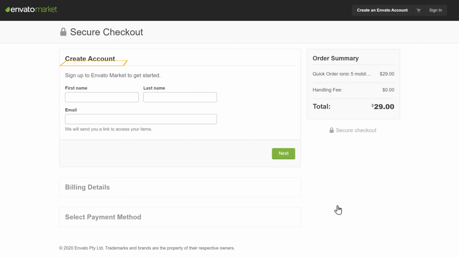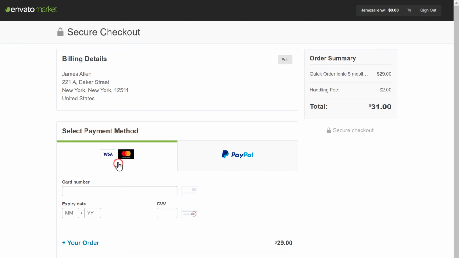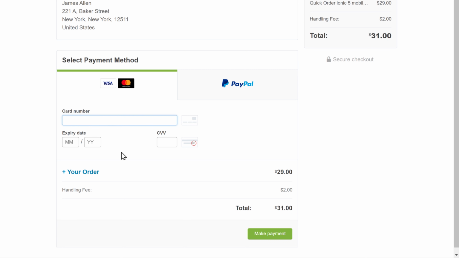And now, it will ask you to create an account. So let's fill up these details. And click Next. Now to get the plugin, select a payment method, enter your details, and click Make Payment.